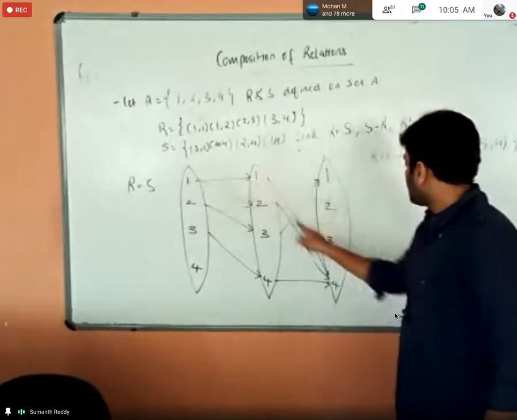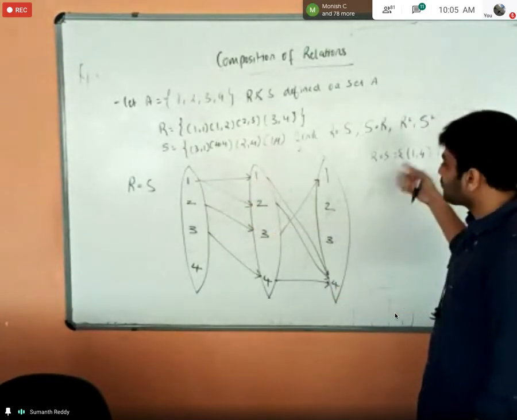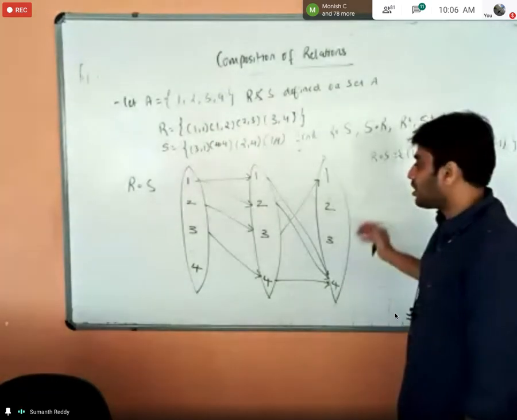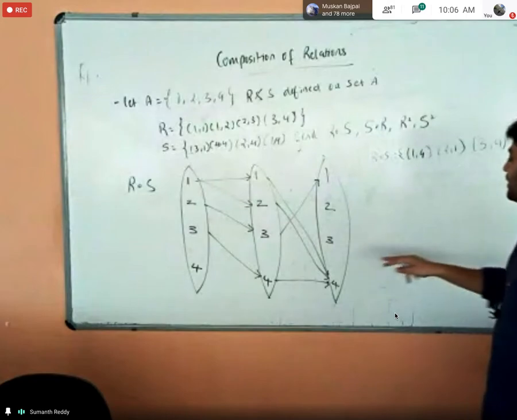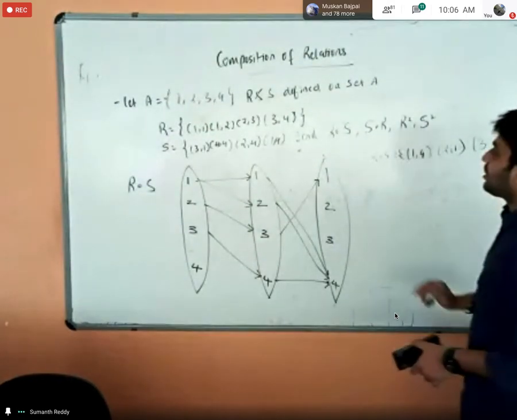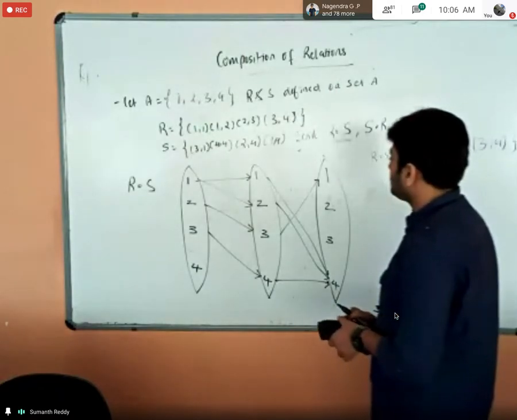1 leads to 1 and 1 leads to 4, so (1, 4), and 1 leads to 2 and 2 leads to 4, (1, 4), which I have already written. Repetition is not allowed. Next, 2 leads to 3 and 3 leads to 1, so it will be (2, 1) and further (3, 4). That's all, right? So I think you are clear with R composition of S, and for S composition of R,